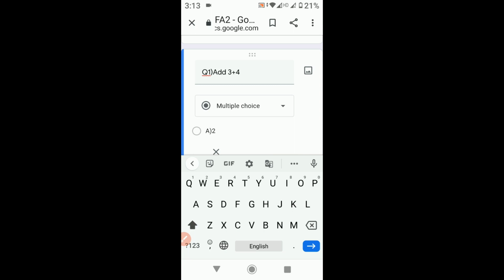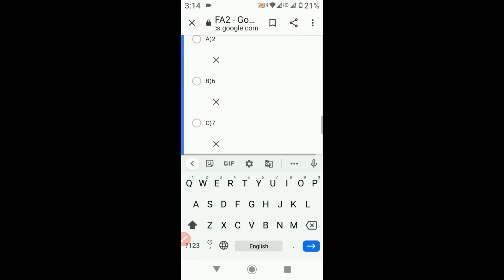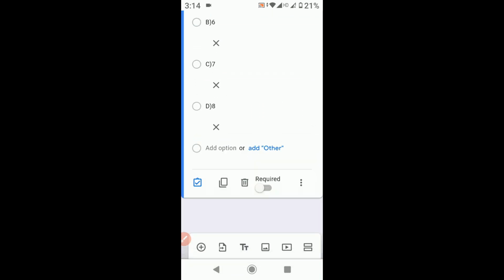So the question is add 3 plus 4. It is MCQ. The options are A, B, C and D, and we don't want any other option. This should not be required, because if the student wants to leave, he should be able to leave that.